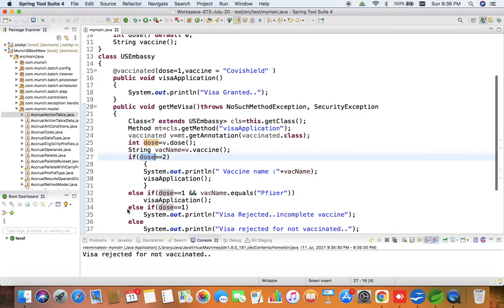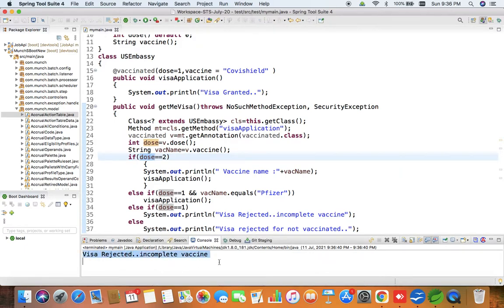If it is the second else if, where the dose is 1 but the vaccine is non-Pfizer, it is going to enter this else if without comparing the vaccine name. So it is going to print visa rejected for incomplete vaccine. So let us execute it and see what's going to happen. Yes, you can see it came from that: visa rejected incomplete vaccine.